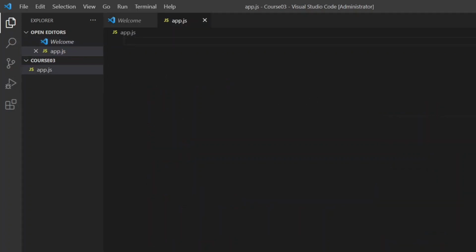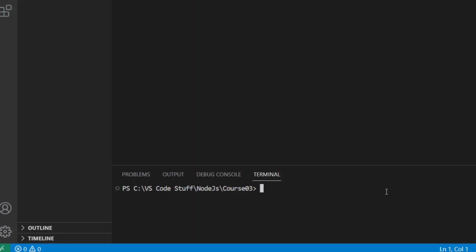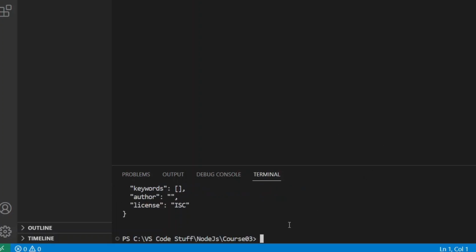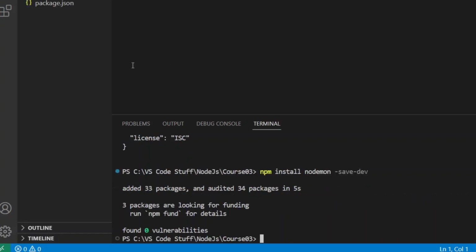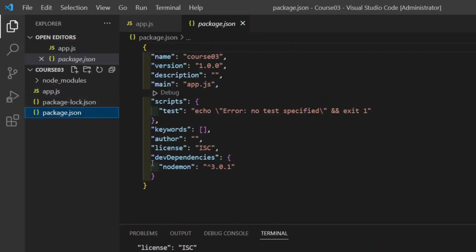So now we need to create a package.json file. For that, in the terminal, I will type npm init -y. Now it will create the package.json file. We will also need to install nodemon. To install nodemon, I will type the command npm install nodemon --save-dev, and it will install nodemon and save it as a dev dependency in the package.json file. And if I go into the package.json file, here you can see a dev dependency with the name nodemon has